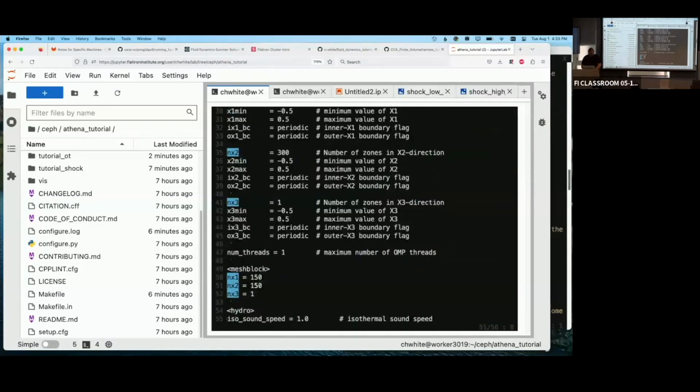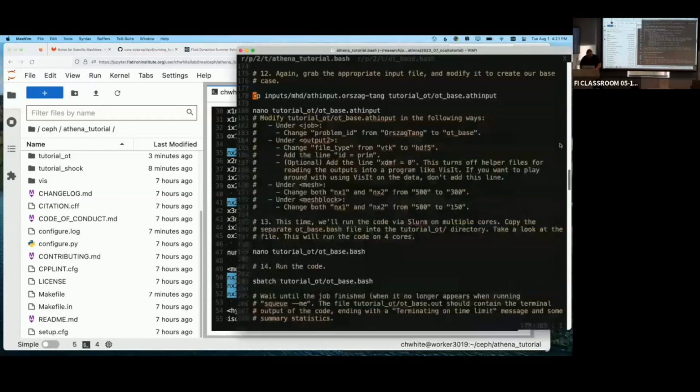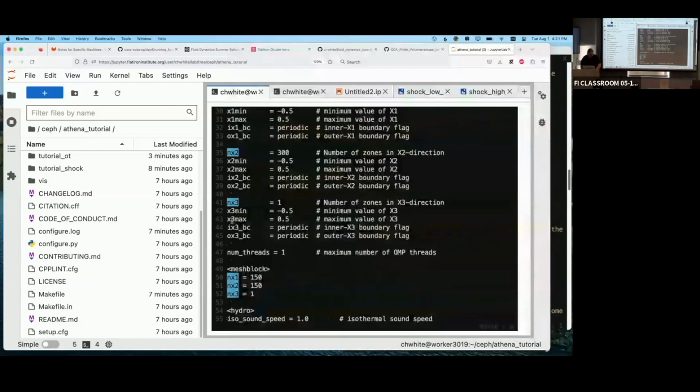In Athena, mesh block is the name for a domain decomposition. So you have a block, in this case 150 squared cells, that will function independently. The whole grid is 300 by 300, but we're going to carve it up into 4 sections, so we have 4 subgrids in our domain. This is how we can distribute this over 4 different cores, so it can be parallelized and run 4 times faster. That's just Athena's name for it: the size of a subgrid is a mesh block. Okay, if you make those changes,